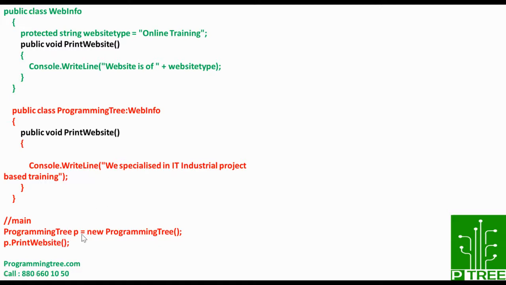Now this object within main, p, is responsible for calling the data from the derived class as well as the base class. So p.PrintWebsite is capable of calling PrintWebsite within the derived class as well as PrintWebsite within the base class as well. But it is always going to call its own method, not the parent one. And this is called method overriding, meaning the basic definition available within the base is overridden by the logical implementation changes done within the derived class.